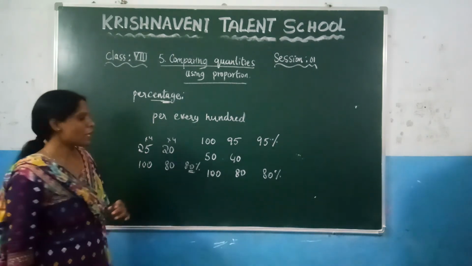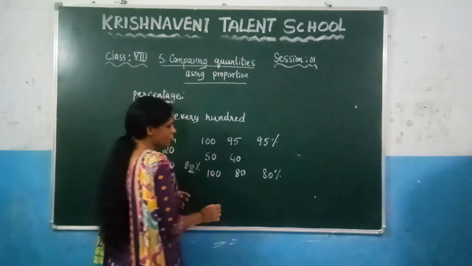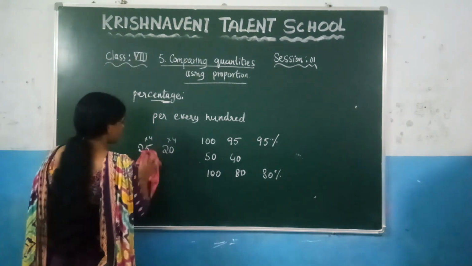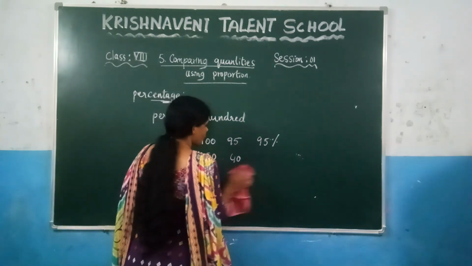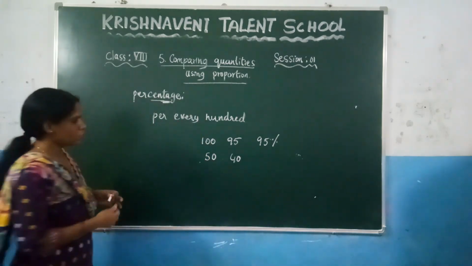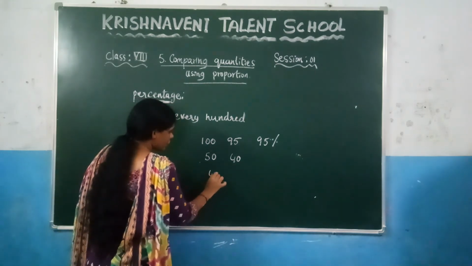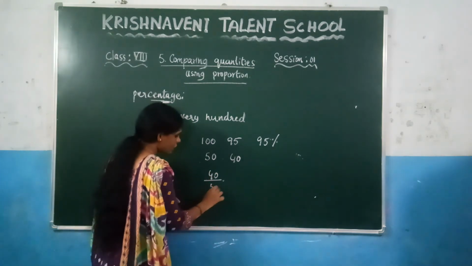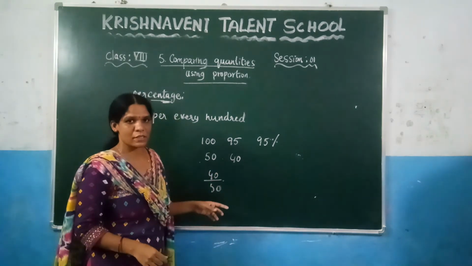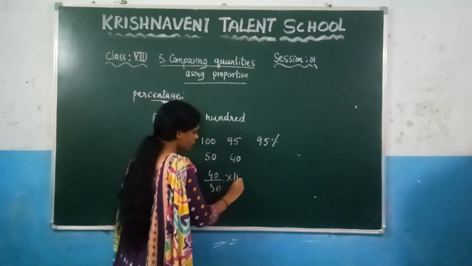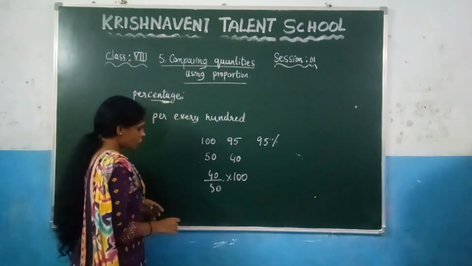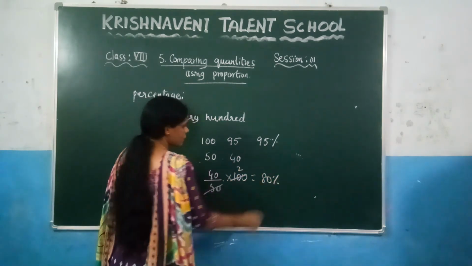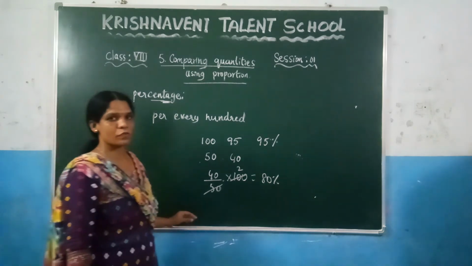Like this you can calculate, or otherwise you can calculate the percentage in the other manner. How can you calculate here? Here 40, this is the marks he got. So what is the total marks? Which is 100. Since we want to convert this into the percentage, you need to multiply with 100. Right? So 51s are, 52s are, how much are you getting? 80%. Like that you can convert it into the form of a percentage.